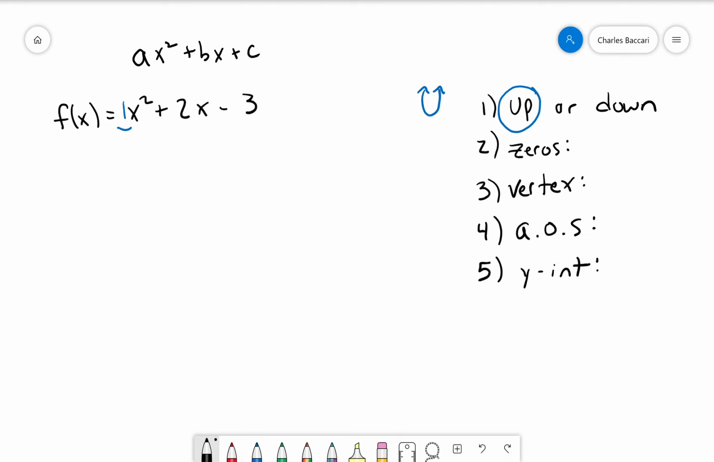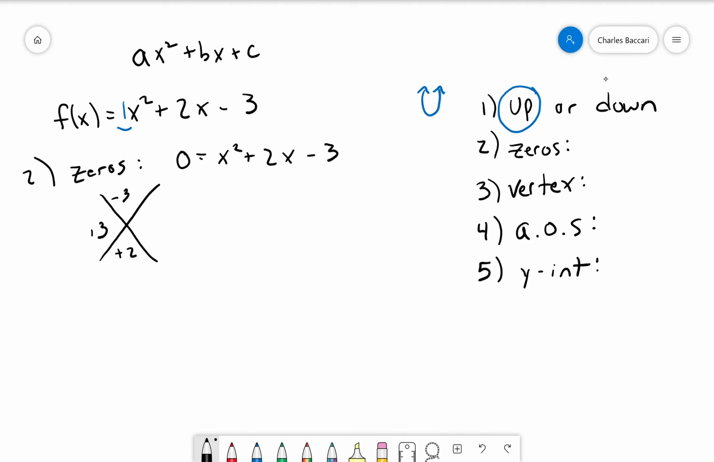Then, if we want to find the zeros, we're talking about the x-intercepts, which happen when y is equal to 0, or f of x is equal to 0. So this is for part 2. We have 0 is equal to x squared plus 2x minus 3. And we can use the x method right now. So we've got negative 3 and positive 2, which turns out to be a positive 3 and a negative 1. Which means that 0 is equal to x plus 3, x minus 1, which gives us x is